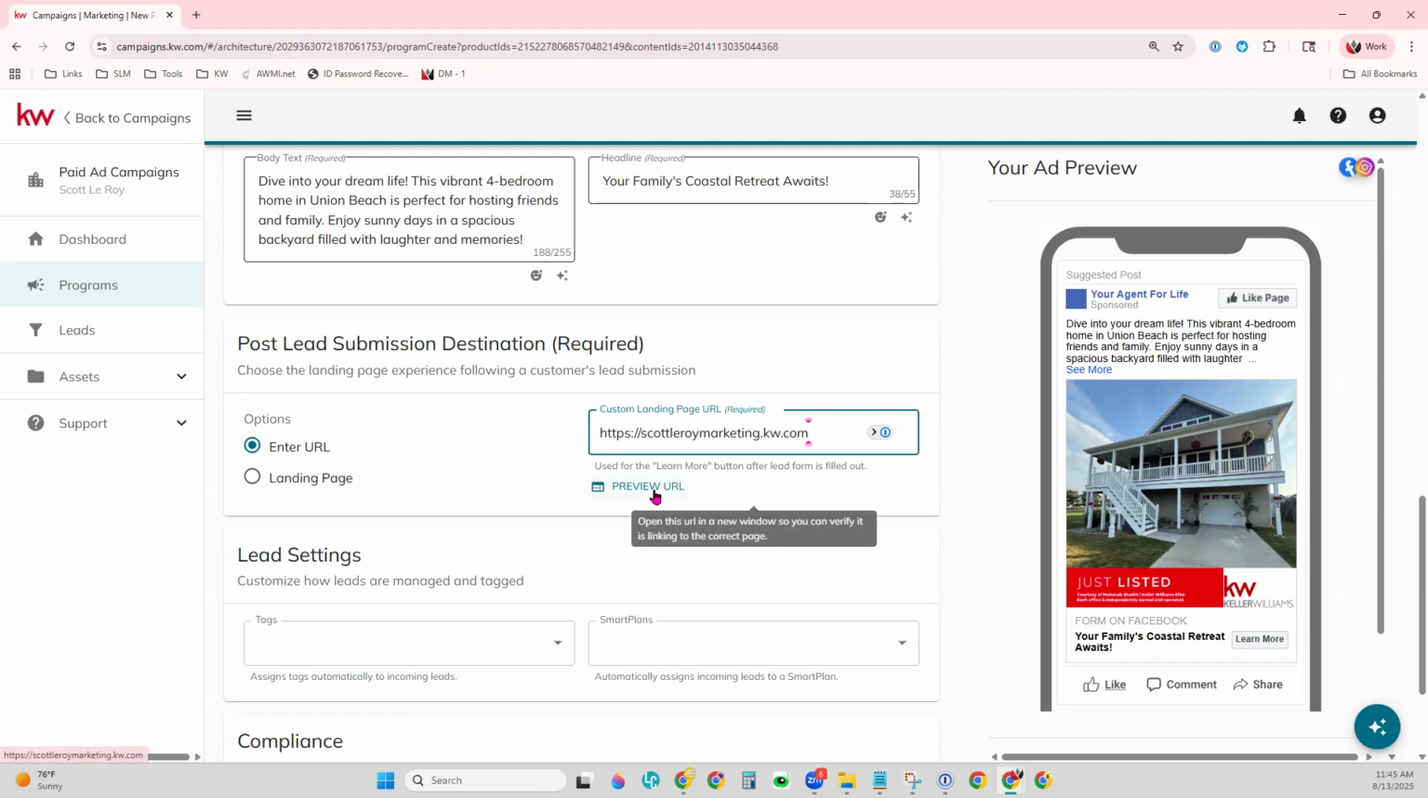Make sure you entered this correctly. You want to make sure you didn't make a typo or present a broken link once you've paid for your ad and it's running. Okay. And so make sure you preview it, but maybe you want to use a page,